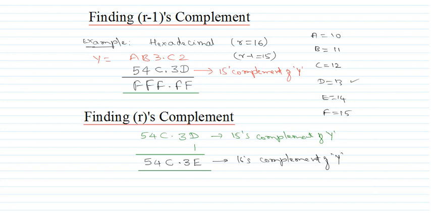Similarly, if you want to find out the octal number's 8's complement and 7's complement, what you have to do, first you have to find the 7's complement by writing 7 7 7 7 in the sum position. Then you add a number to the given number, so you will get that number as a 7's complement. And after taking that 7's complement, you just add 1 to the least significant bit, that is your rightmost bit. Okay, so if you add that, you will get an 8's complement. The same procedure can be extended for decimal numbers also, to find 9's complement and 10's complement.